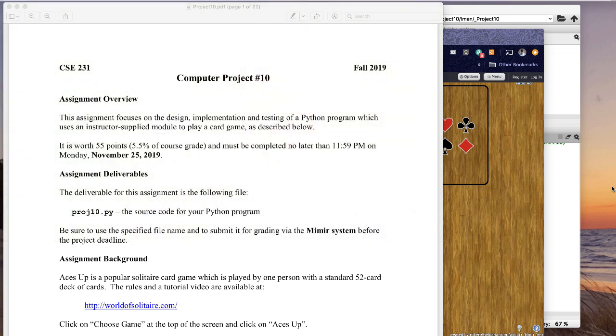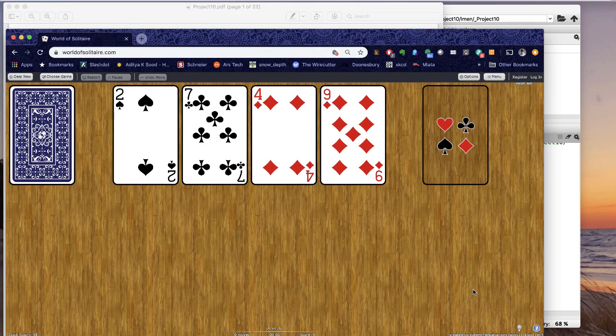And in the assignment, we give you a link to World of Solitaire.com. If you open it up and you choose the Aces Up game, it looks something like this. Now, in the world of solitaire, there's some terminology that you need to know. So the deck of cards that you have